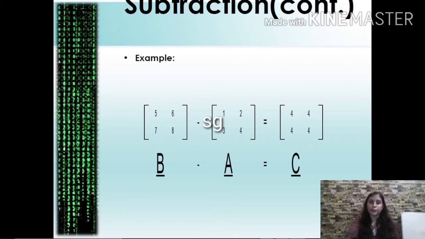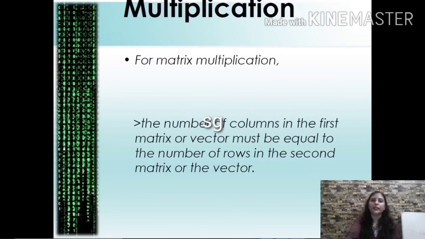Again, to check whether it's correct or not, all of you can verify. Very simple figures are given. We can have negative values also inside the matrix. So instead of, say, the first element as 5, if we had 0, then 0 minus 1 would have given us minus 1 as the first element of C. So this can also be an example. Now, a very important thing is matrix multiplication.